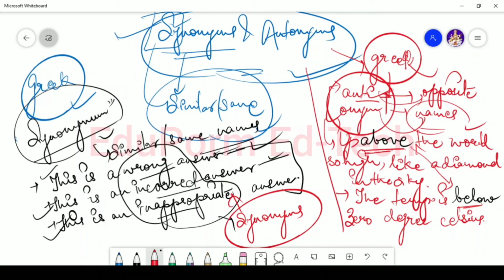So learning synonyms and antonyms helps you with two things. First of all, it will help you go through different exams, because synonyms and antonyms have questions, and most of the questions are actually covered by this unit.